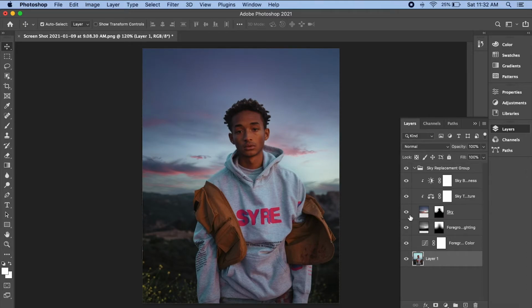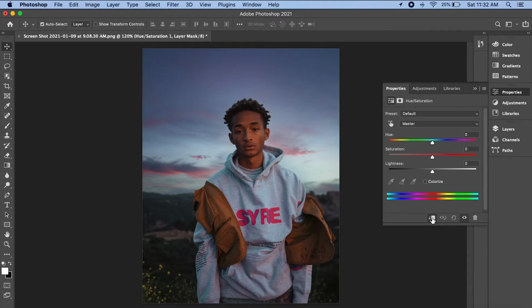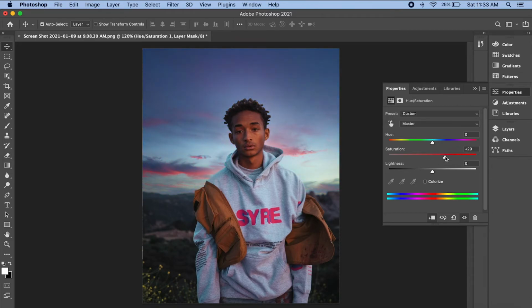And one thing that I will say is that we should definitely add saturation and just match it. So we'll go to this little circular thing and go hue saturation. And you wanna make sure this is checked, because if it's not checked, then it's just gonna go crazy on that. But just check this off, because then it will only affect the sky. This photo's pretty saturated, but it doesn't go crazy. Like that would be way too much. But I think maybe like